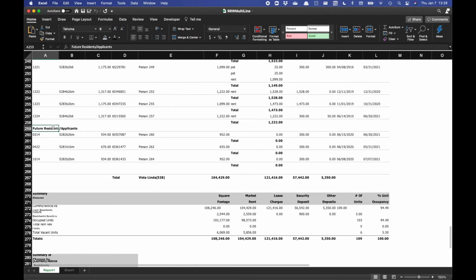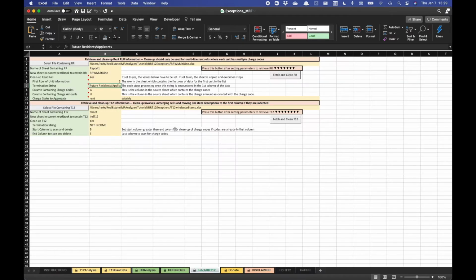string here is future residents / applicants. So we don't want to process data past this point. We only want to process data above this line. If there is no termination string, you can put whatever termination string you want. If you want to put 3 x's, you can do that, and then make sure you put that same termination string